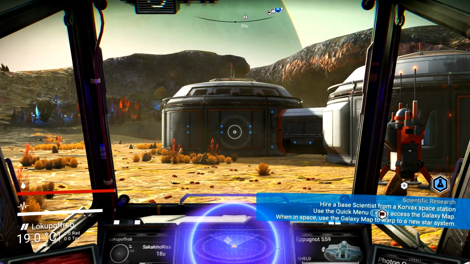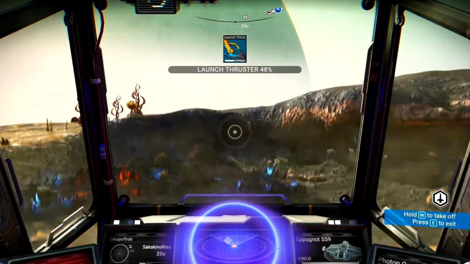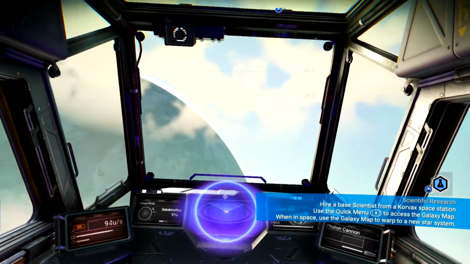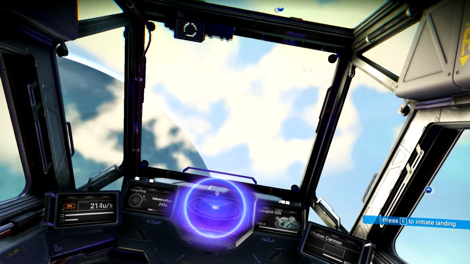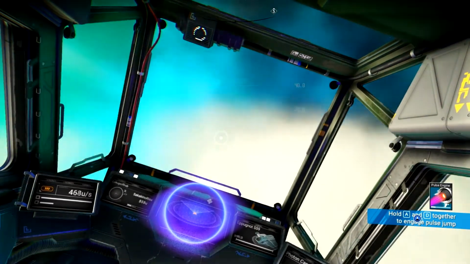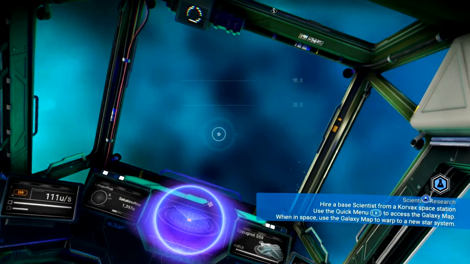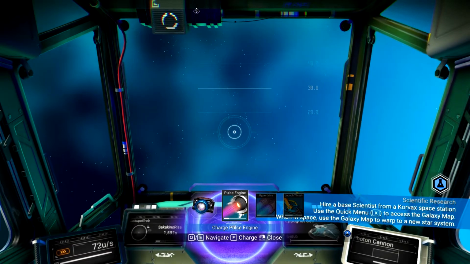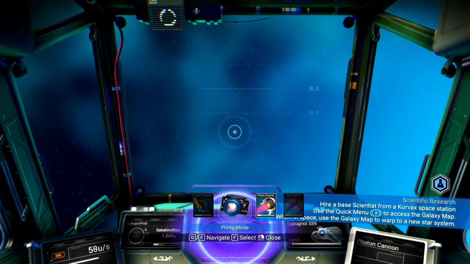When we last left off, we had to hire a scientist from the Korvax space station, and I needed a warp cell to do it. Well, I happen to have a warp cell at the end of the last episode, actually, so we are ready to go. So we will access the quick menu, head over here to the...